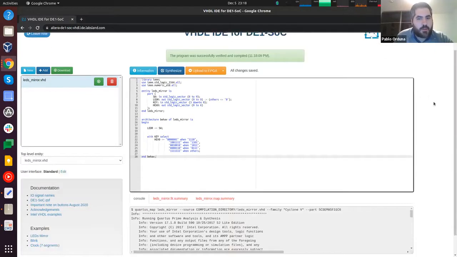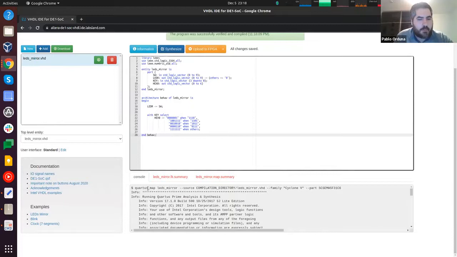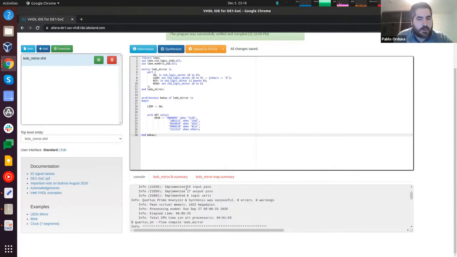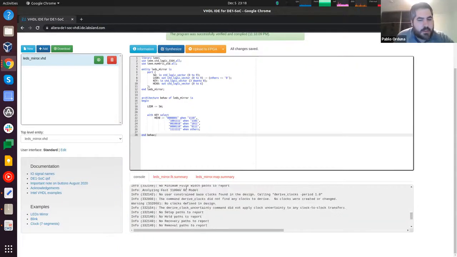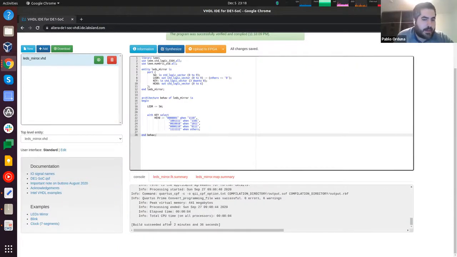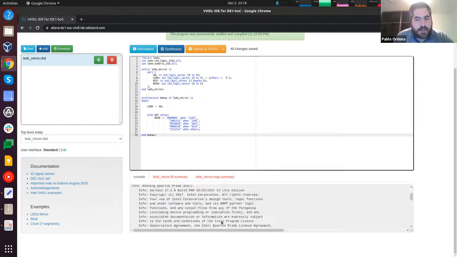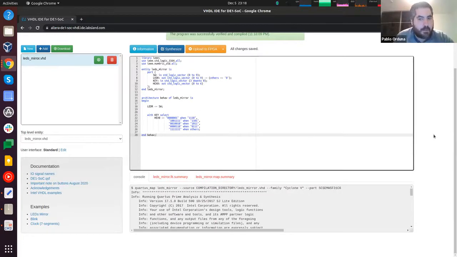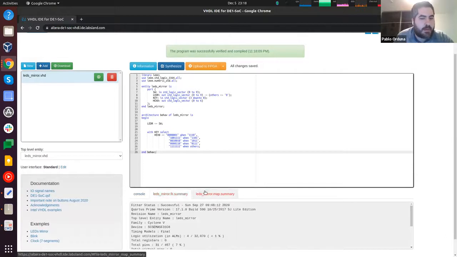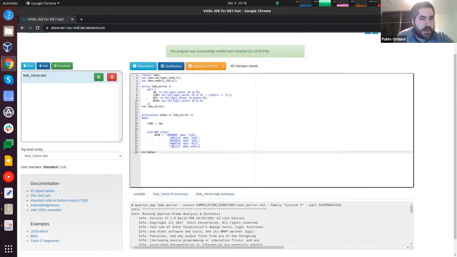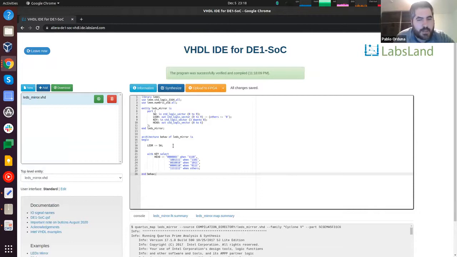For this, I'm going to be using Quartus. So I will see here all the compilation process and so on. As you know, that typically takes some time. In this case, on some computers, it took two minutes and a half. However, given that this code has already been compiled in the past, we have a cache for it, so we don't have to compile it again. That's why it took only a couple of seconds to be